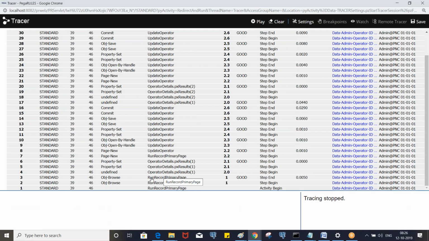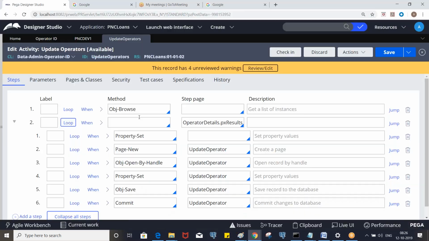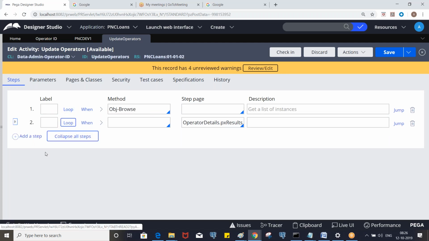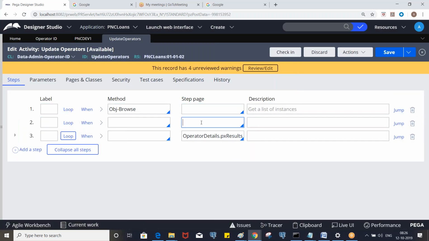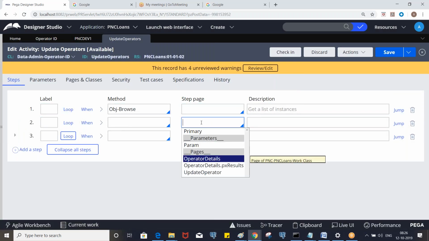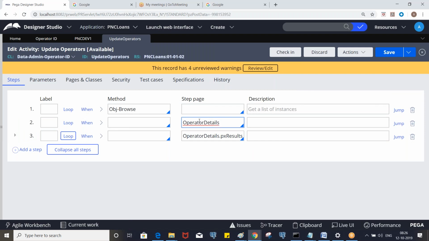OBJ results you cannot see because we haven't defined any step page. If you want to see those results, you need to use the step page. So these will be available on this page, right? You add one more step and you can put it like this. This is just to see the clipboard data.